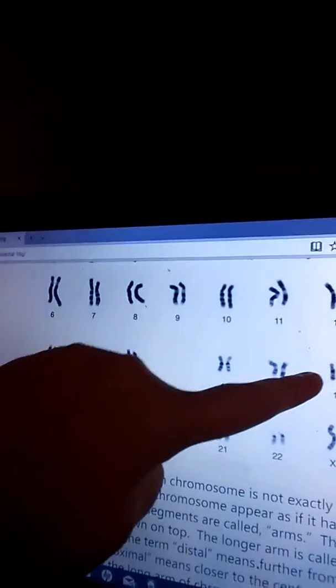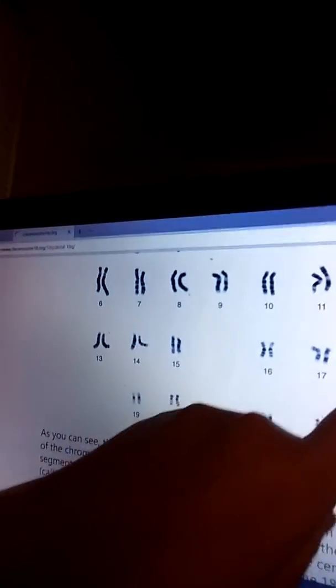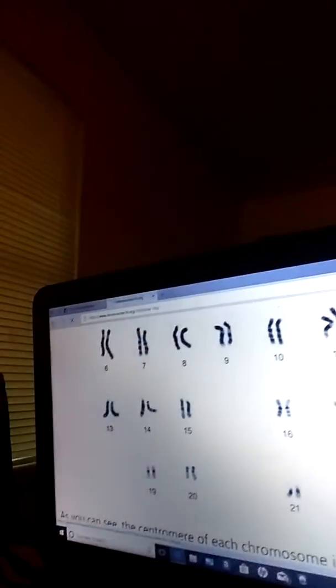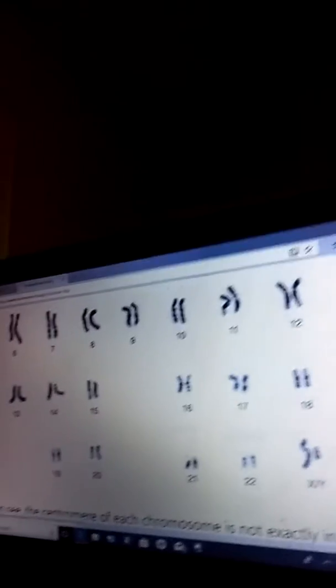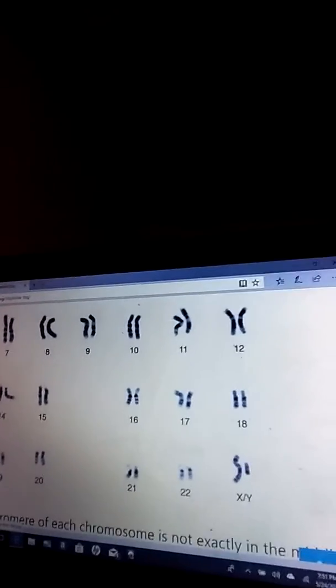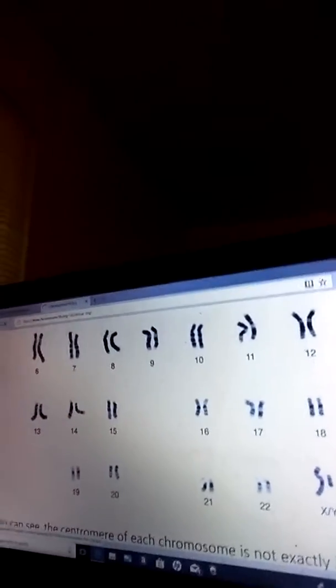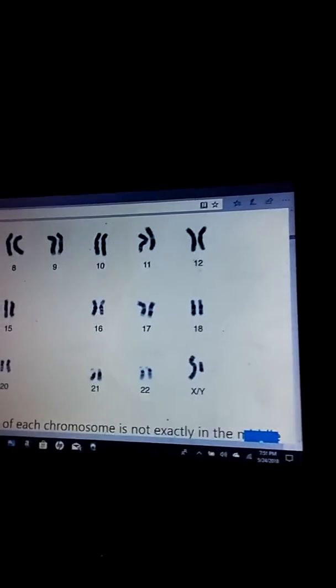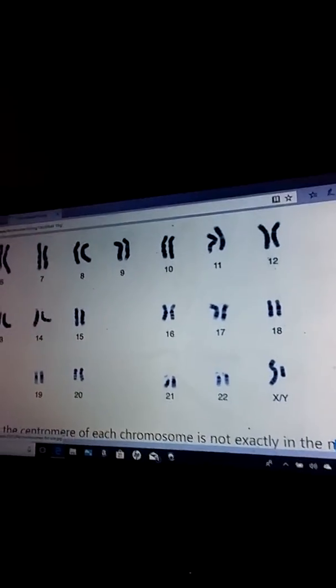Right here is the 18q minus. The bottom part of this is missing. That's not my chromosomes, but somebody else's chromosomes that they were testing. I'm not sure you've seen that, but anyways,